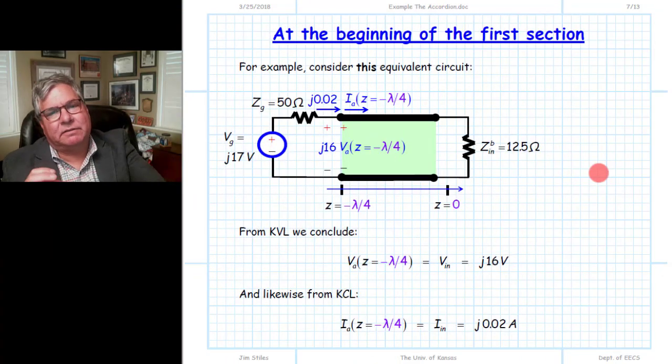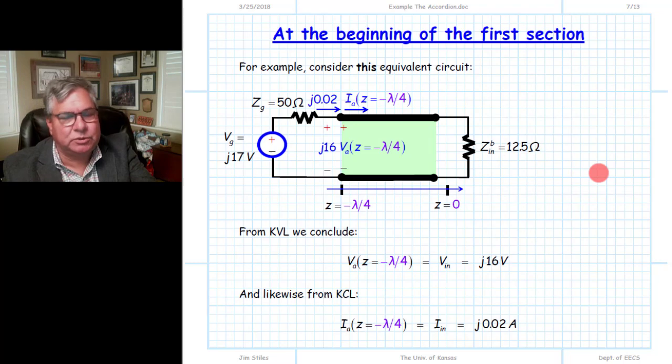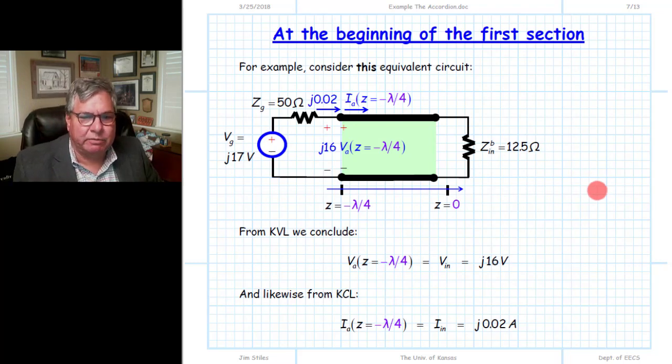The first step then of this accordion process is to pull back the circuit so that we explicitly reveal the first length of transmission line. Notice this transmission line is terminated by a load which is 12.5 ohms, and this is the equivalent circuit for the second transmission line that's terminated with the load at the end. So we're still retaining part of the equivalent circuit here, but now we've revealed this physical structure, which is the